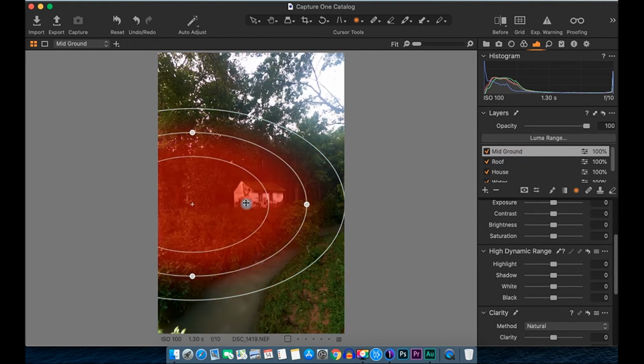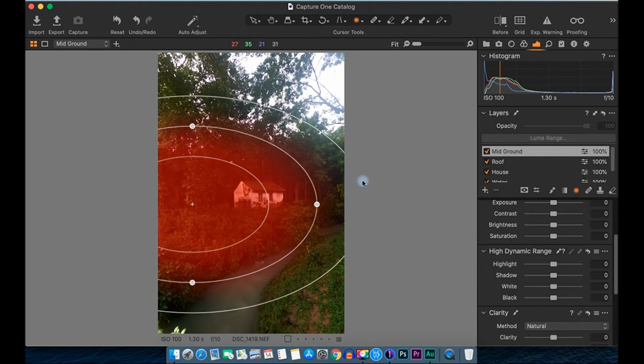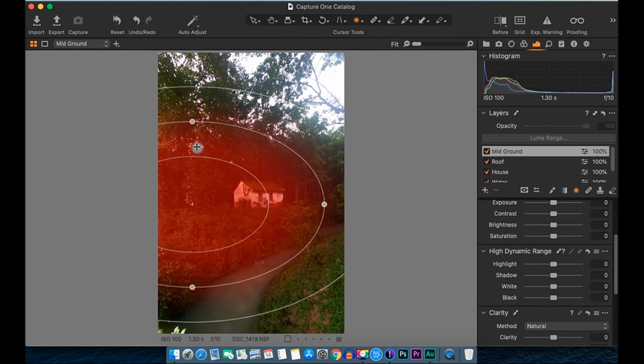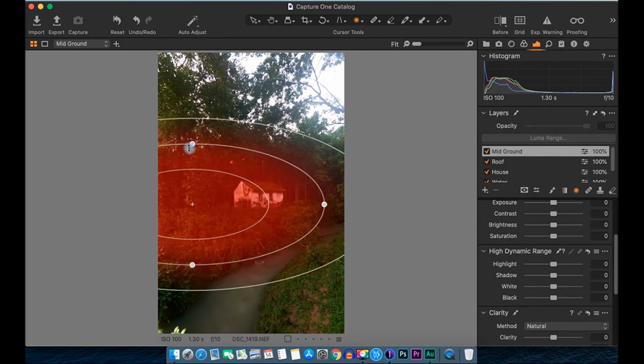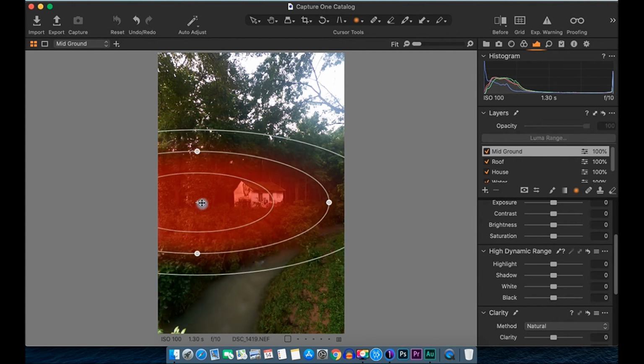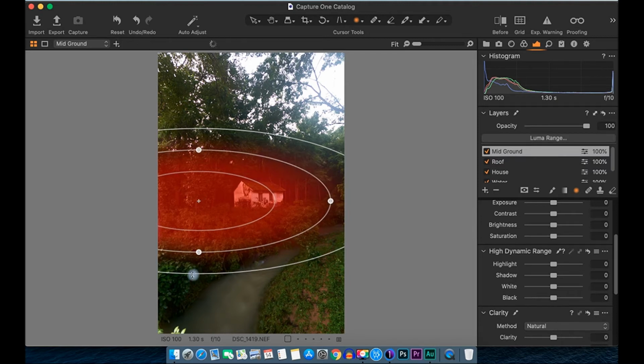So now we will refine the mask in direction of sunlight. So let us first refine wherever the sunlight is falling.